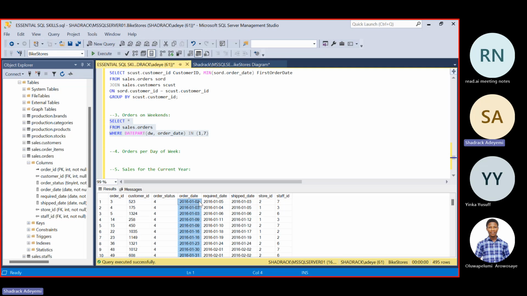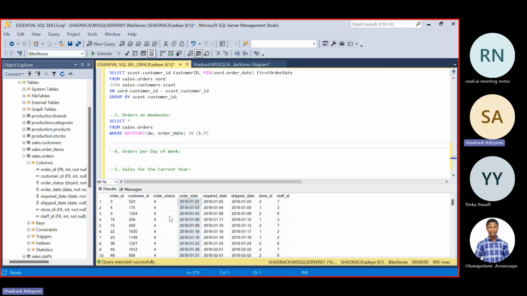So 2 and 3, 9 and 10. 9 plus 7 should be about 16, so we have a 16 here, and maybe 17. But yeah, you can verify this. All the dates here are weekends.